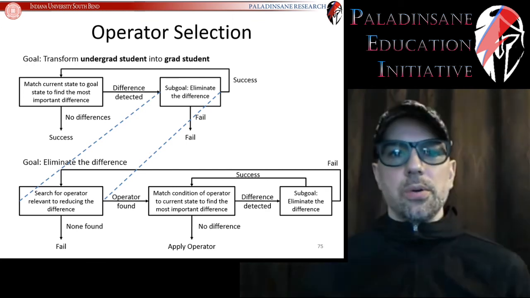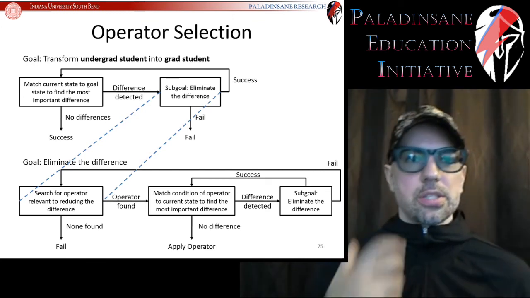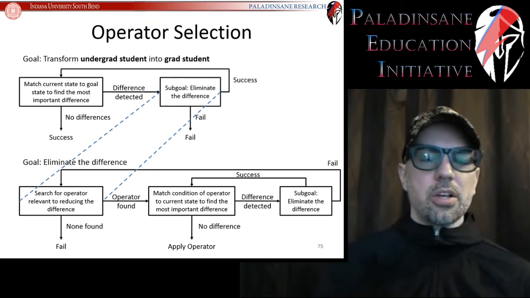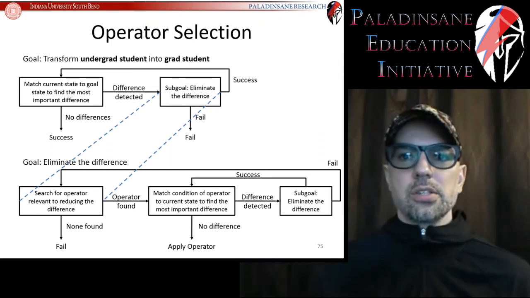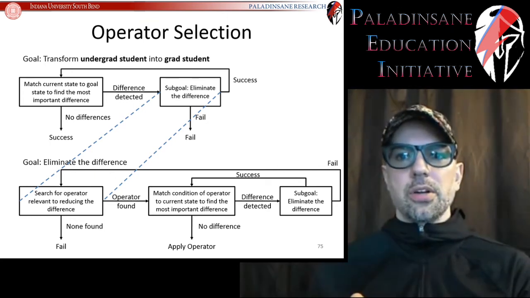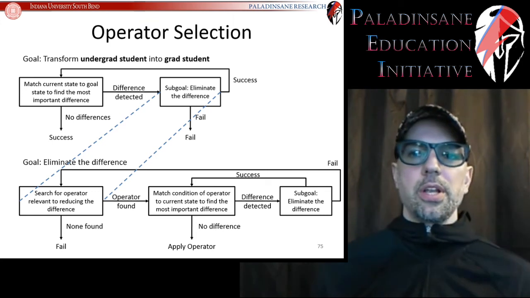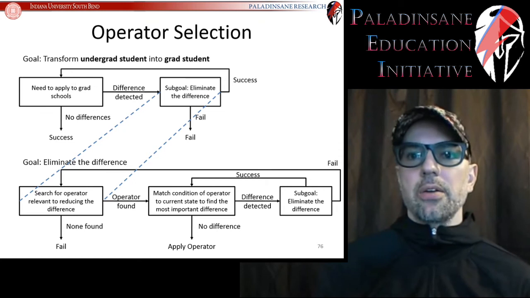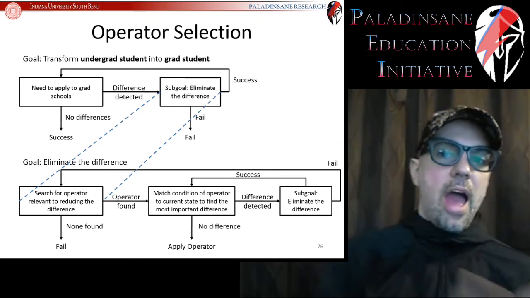So what do you do, right? What are you going to do in order to solve this problem? Well, you're going to match your current state to the goal state, and you're going to find the most important difference, right? So your current state is you're an undergrad student. Your goal state is you're a grad student. So what's the most important difference? Well, you might detect that the most important difference is that you need to apply to grad school. So have you applied to grad